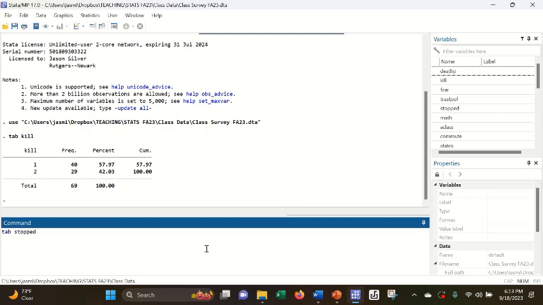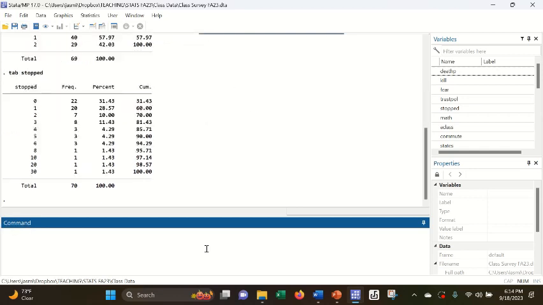As an example, I'll use the question about police stops. So do tab, stopped, and then hit enter. And as you can see, this gives us another familiar looking frequency table. We have the number of stops that people reported in the survey on the left here. We have frequencies in the next column, percentages in the next column, and then we also have cumulative percentages as